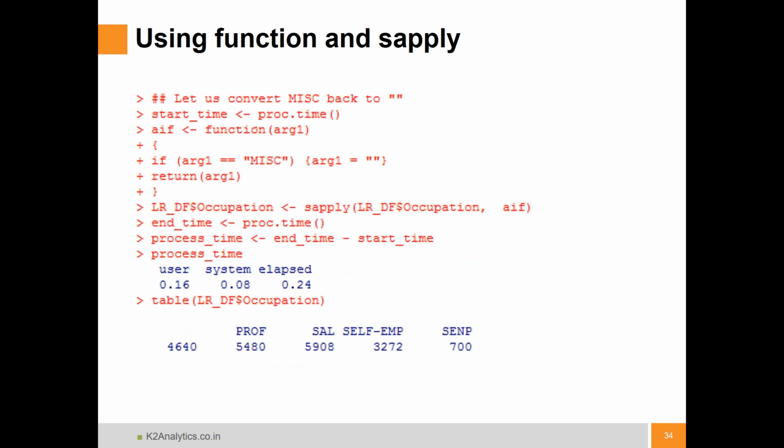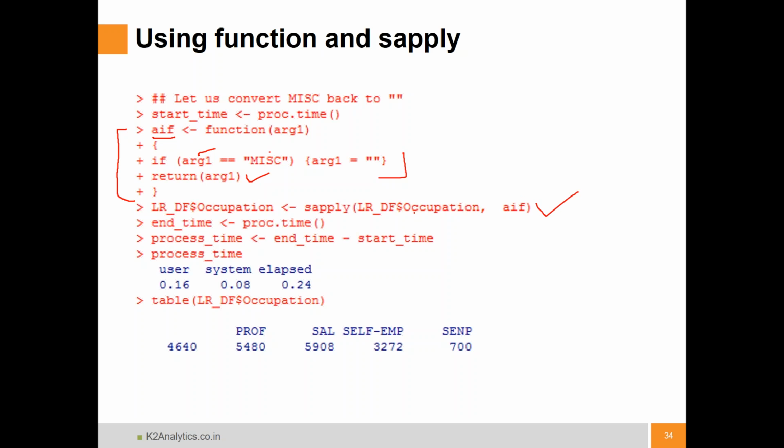here is just a quick example where I'm showing how functions that we create can also be used as part of sapply and all those things. We'll not execute it, but here I'm writing a function which takes one argument, and the logic is the same if-else logic that is written, and then I'm using the return. It compares the argument value. If it is missing, it makes it back to double quotes, and it returns that value. And here, if you see, I call this using